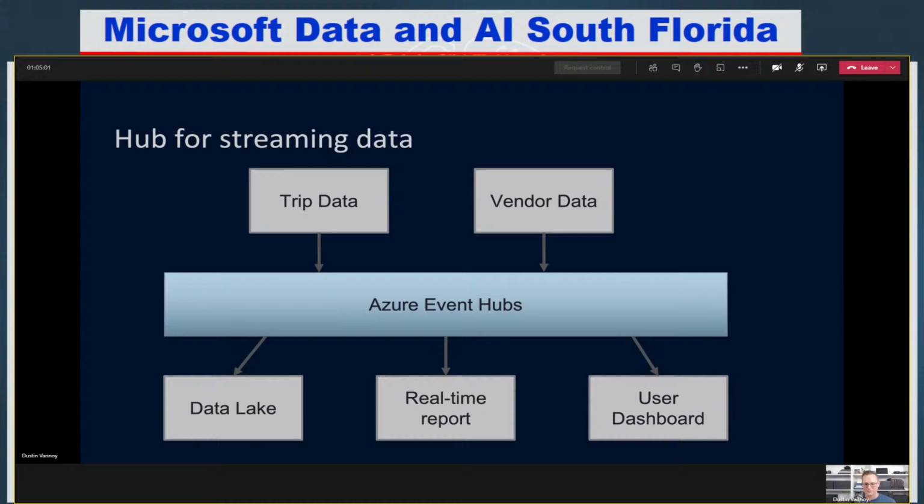One example is that we'll probably have our Databricks job running. We'll have our real-time reporting, whatever that looks like, and some kind of user dashboard that could show up in the application and let a user see, hey, you just took this trip, and here's the vendor and maybe a summary of the cost, whatever it happens to be.